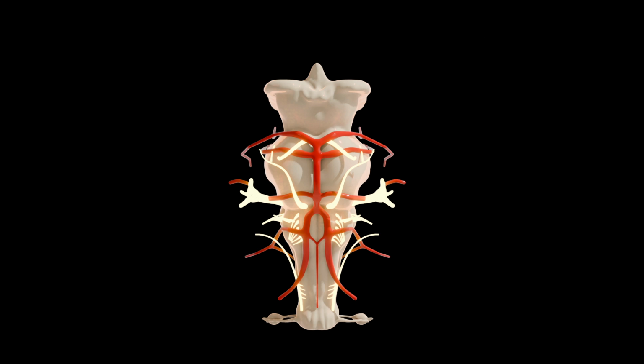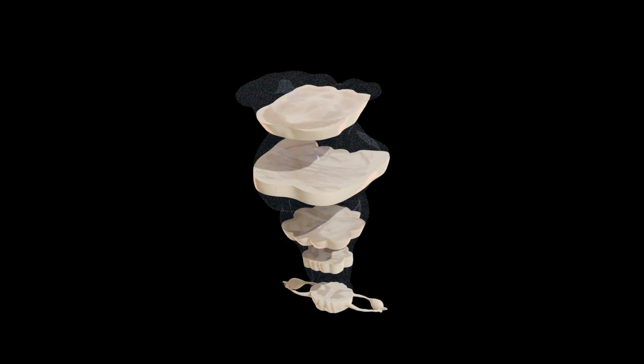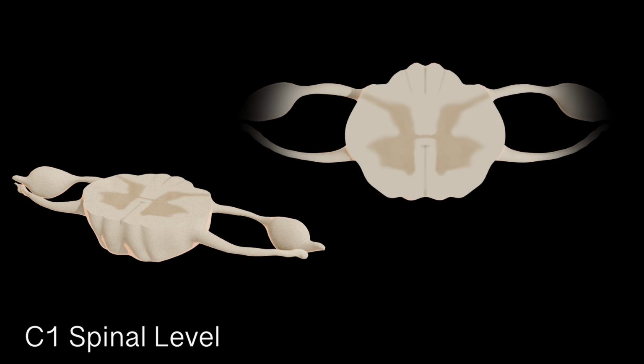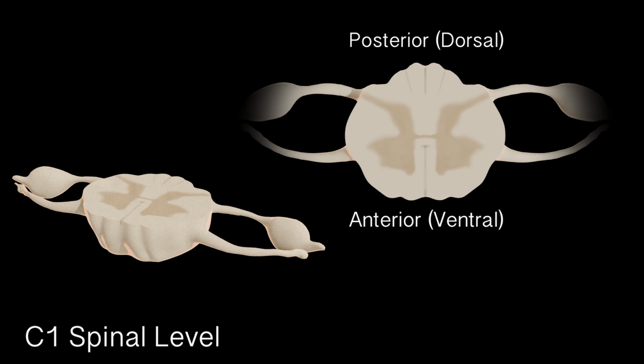But looking at the brainstem from the outside won't tell us the full story, so let's add some cross sections and okay, much better. This will give us a clearer picture of what's happening inside. So to get oriented, let's start just below the brainstem with the C1 spinal cord. Here's a quick reminder. Over here, we have our anterior or ventral side, and over here is our posterior or